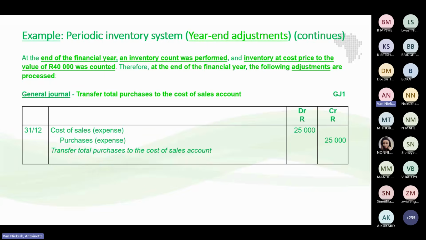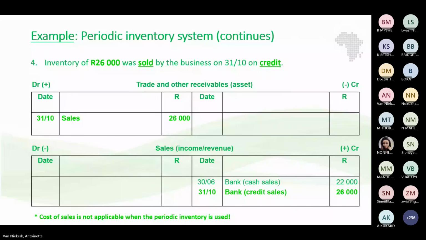This is a bit too difficult. Yeah, let's look at this example. We can give you this transaction and ask you to record it in this T account. Now, let's say, for example, we are giving you the heading trade and other receivables, which is an asset. That we won't say, of course, you need to know that. And then your sales account, which is an income, which increases your equity, which we won't, of course, give you.